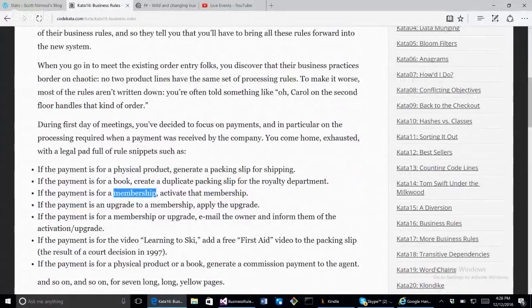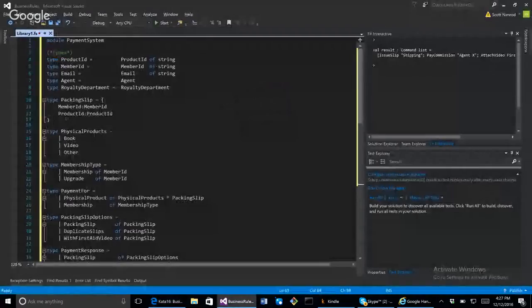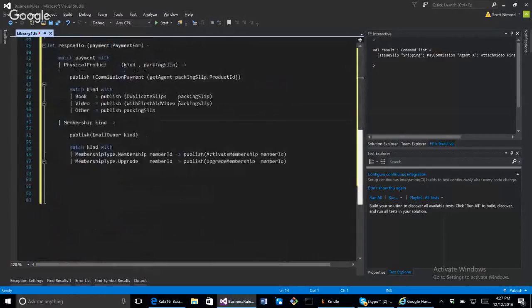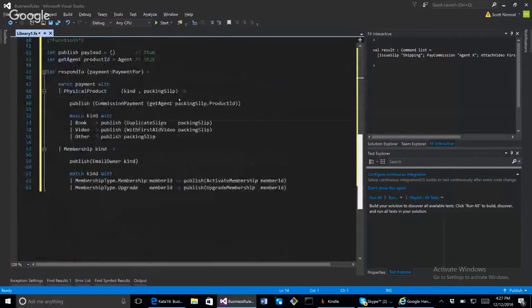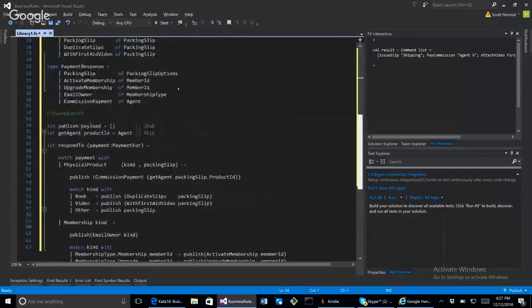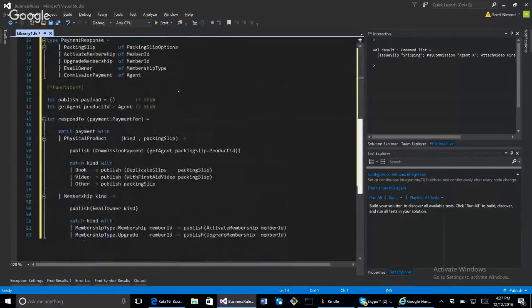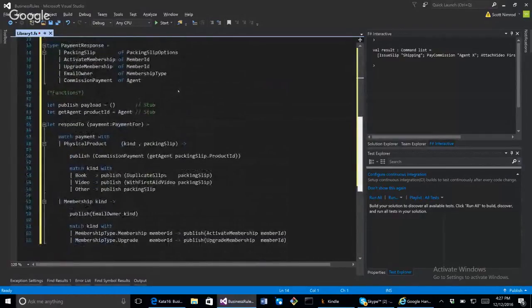And so video, like I was parsing these keywords, and of course my dog is barking right now. I was parsing these keywords, and I started immediately putting in all these different types: book, video, other, packing slip, and I went ahead and I knocked out this kata, right? I didn't validate that my code actually works, but to me, it made sense, but I wasn't proud